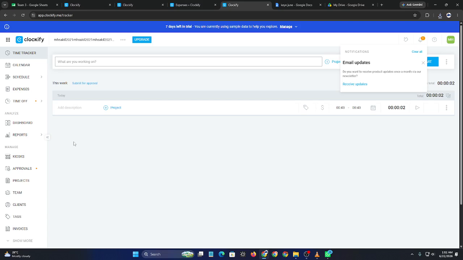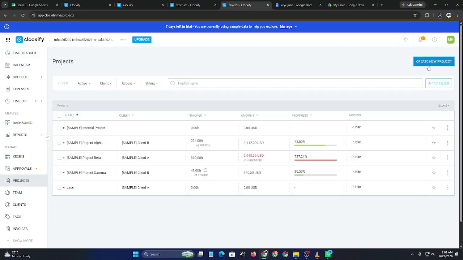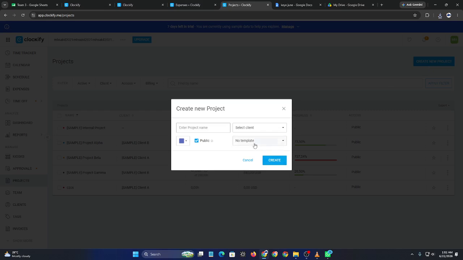Next, navigate to the Projects section and select the project you want to bill for. If needed, create a new project and assign it to the appropriate client, and that's how to track billable hours